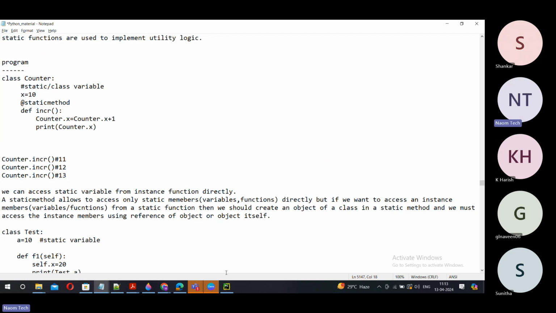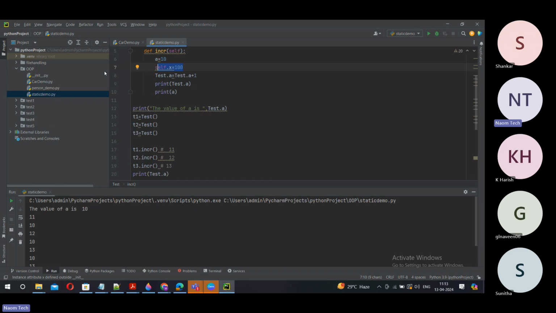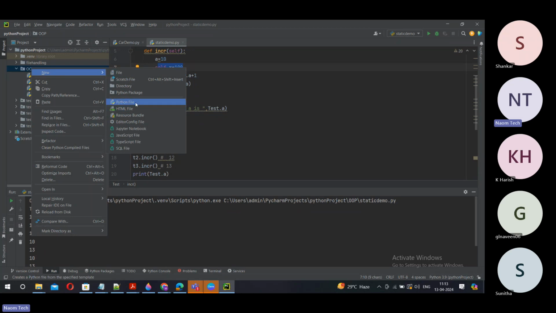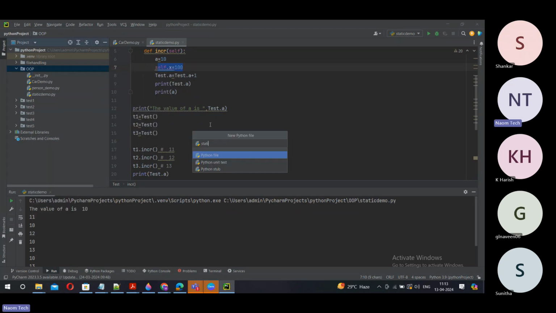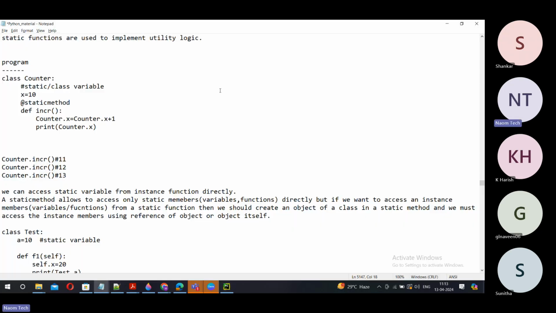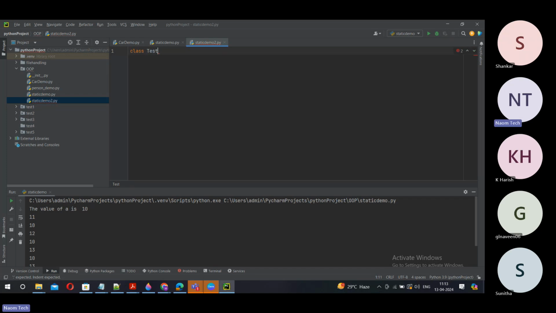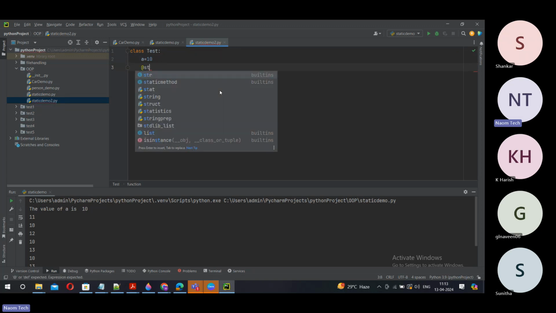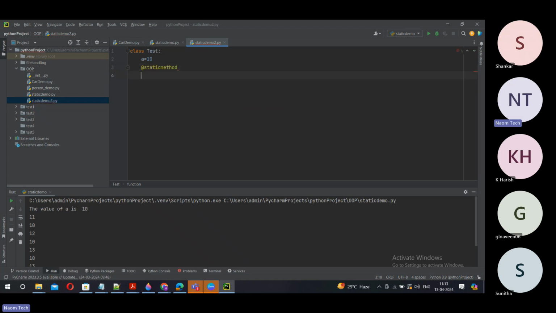Now, let us quickly create a small program to test these static methods, right? So again, I create a static demo2 and just take a class Test, or anything else is fine. Declare one variable a equal to 10. You can declare as you like, friends. Now we are declaring a static method with the at-the-rate decorator. You can see here the static method decorator is there. Under that, define some